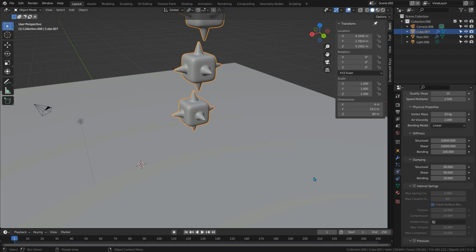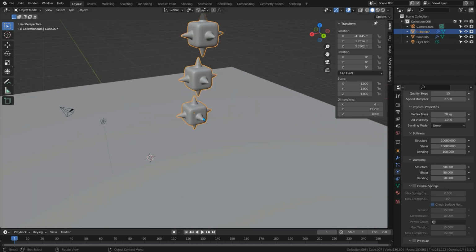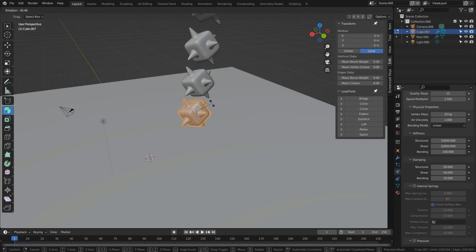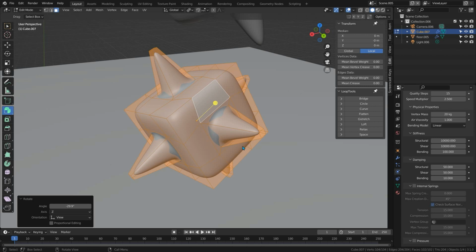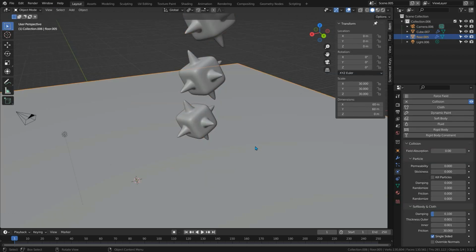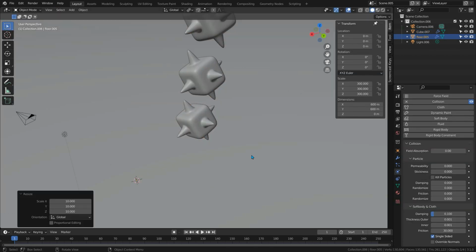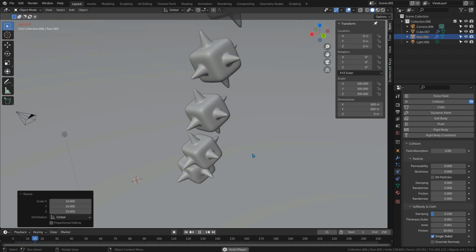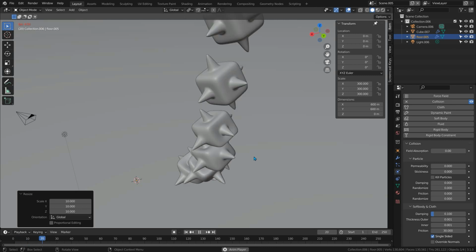This gives a really good, fast, soft body simulation, which I use a lot when there are lots of objects. I'm just going to go into edit mode and rotate my shape around a bit, tab back to object mode and maybe make the floor a little bit bigger, and then just press play to simulate it. We can now see the whole tower falling down as individual objects, and they'll all squash together and then bounce